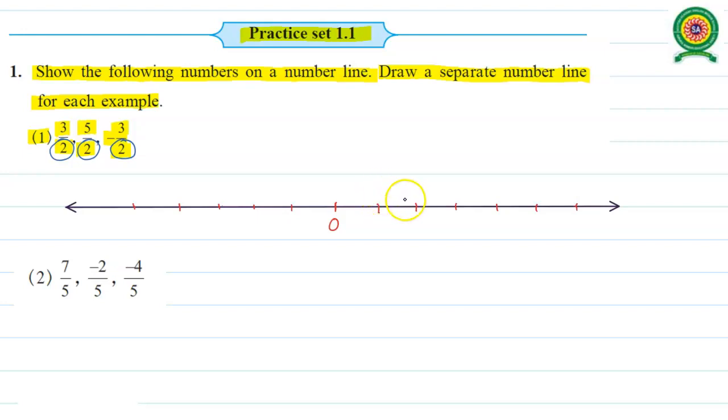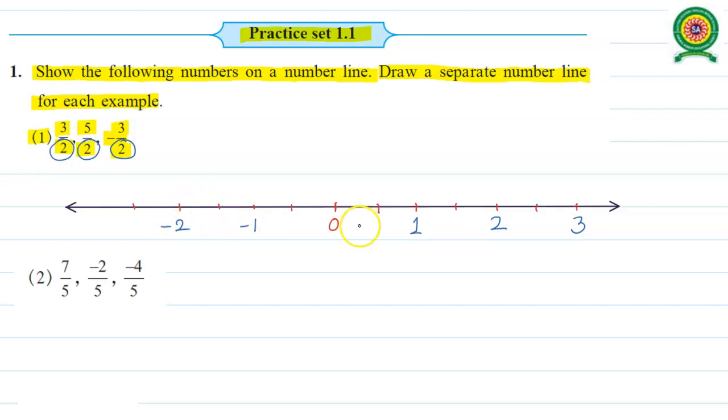So first part and second part, somewhere here we have 1. Then after two more parts we have 2, and after that two parts we have 3. Left of 0 we have all the negative integers: 1 and 2 parts implies minus 1, and again 1 and 2 parts implies minus 2.